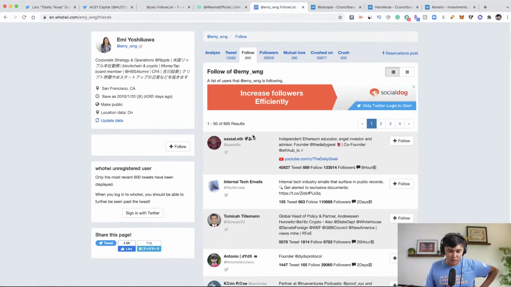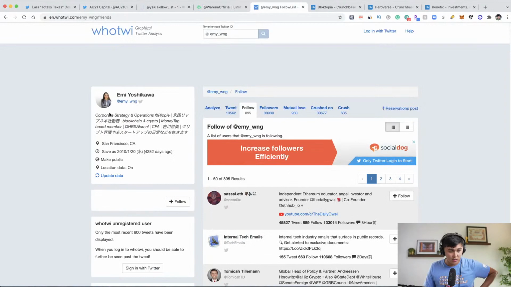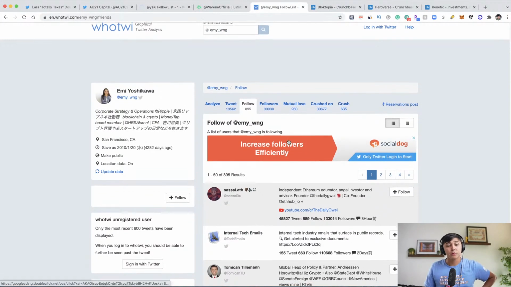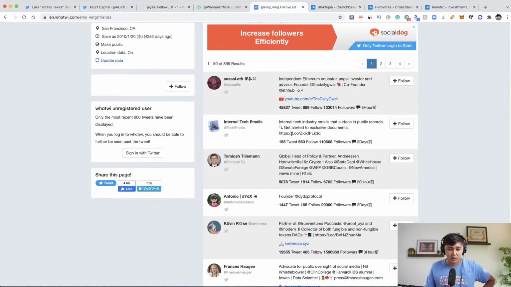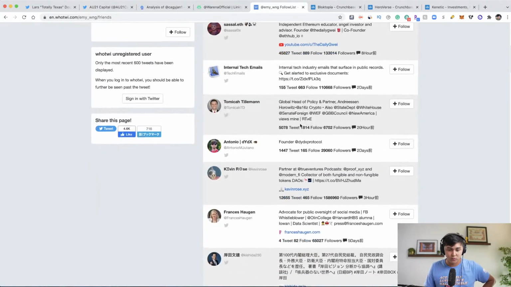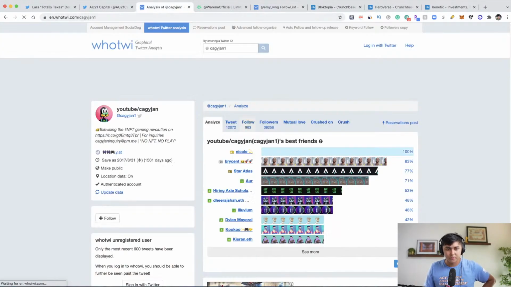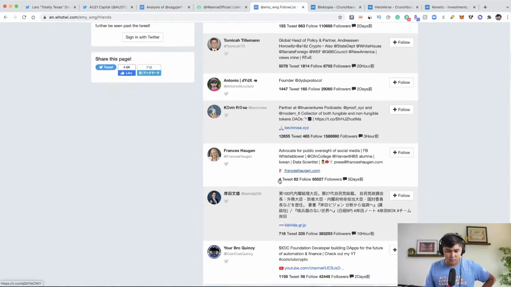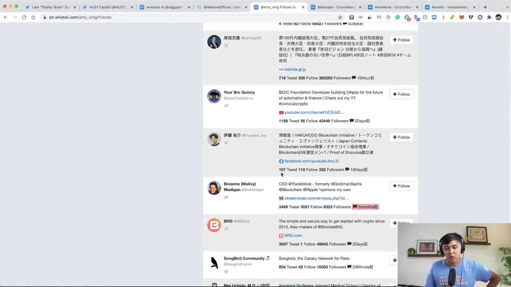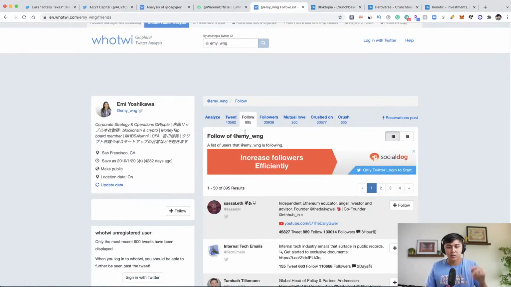Oh, we can check out who she is real quick. So corporate strategy and operations at Ripple. Okay, cool. Ripple is trying to also have an NFT marketplace as well. Okay, Kagi's coming back up. All right, it looks like this is just kind of Ripple territory, so I'm not going to go down there because my niche is NFT gaming, right? This research method can be used for anybody. It doesn't have to be used for NFT gaming, but if you're into a specific blockchain, follow the leaders in the space of that blockchain and then go down the rabbit hole, as they say.